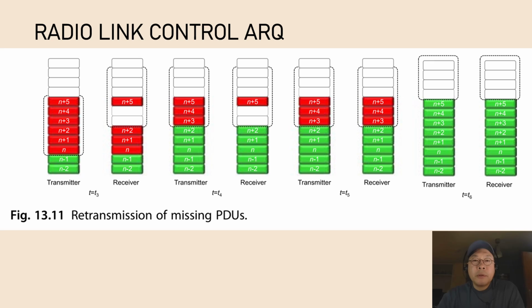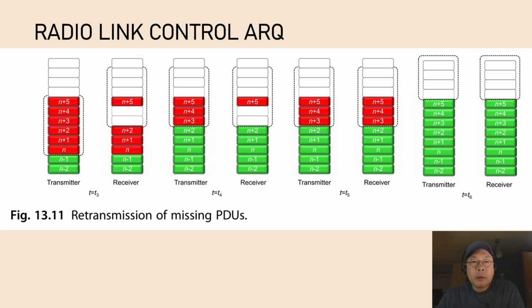This figure shows retransmissions of missing PDUs in RLC acknowledged mode. At time T3, PDUs up to N+5 have been transmitted, but only N+5 arrives at the receiver. PDUs N+3 and N+4 are missing. The receiver starts the T-reassembly timer. When the timer expires at time T4, the receiver sends a control PDU containing a status report that lists the